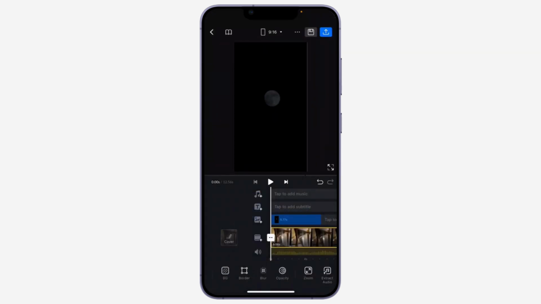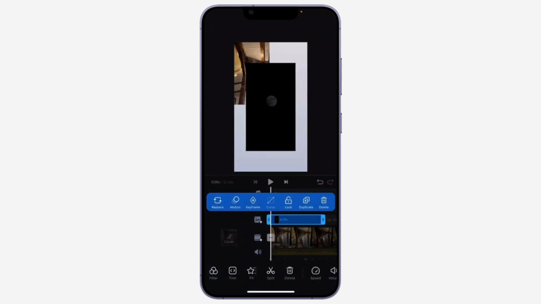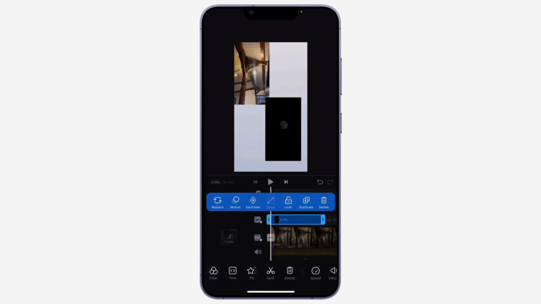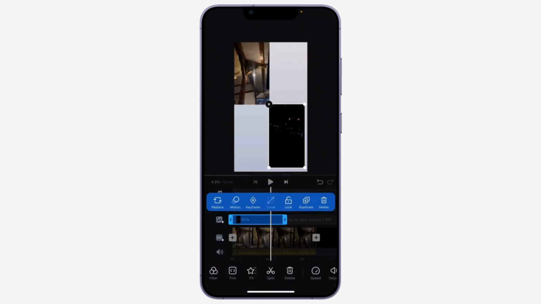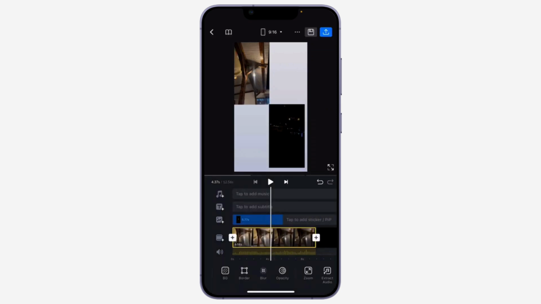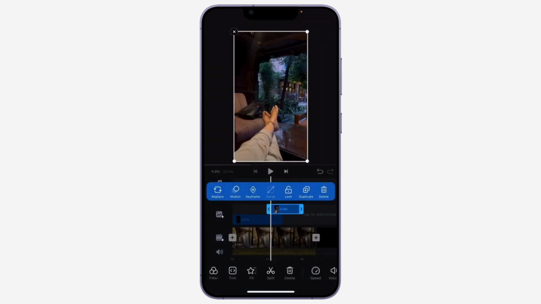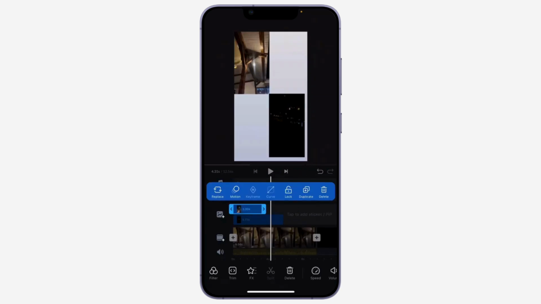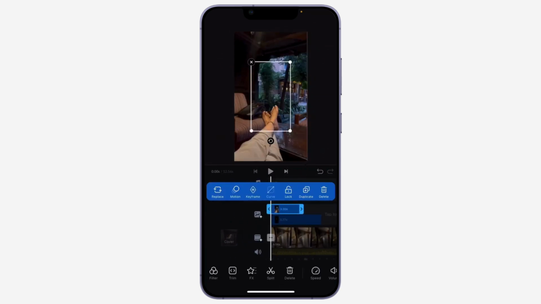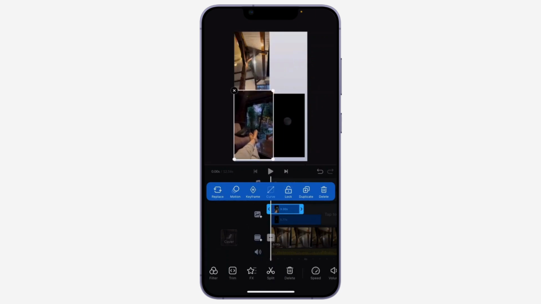Now again, simply pinch it and put it at the preferred side. Now for the third video, put it in the same way. Next video, and simply you can put it over here. Simply adjust to your liking,